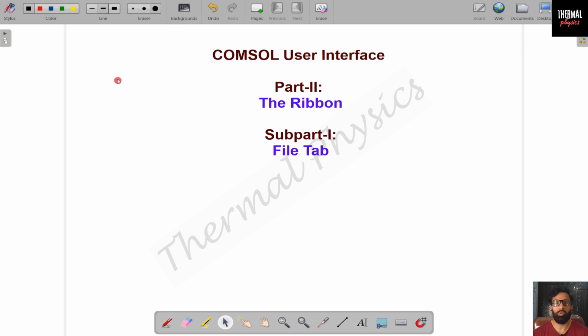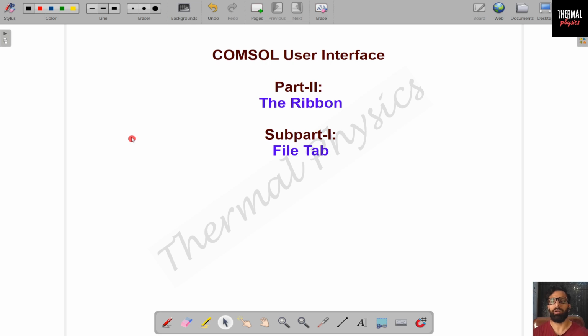So we start with the topmost part, which was the toolbar, and I divided the toolbar into two sections. One was the topmost strip at the top of the user interface, which was the quick access toolbar, and I explained all the features in the quick access toolbar. I showed how to add and remove any of the tools in that quick access toolbar. Now moving to the second part, which is the ribbon, the toolbar portion below the quick access toolbar. So it has so many options, so many tools,